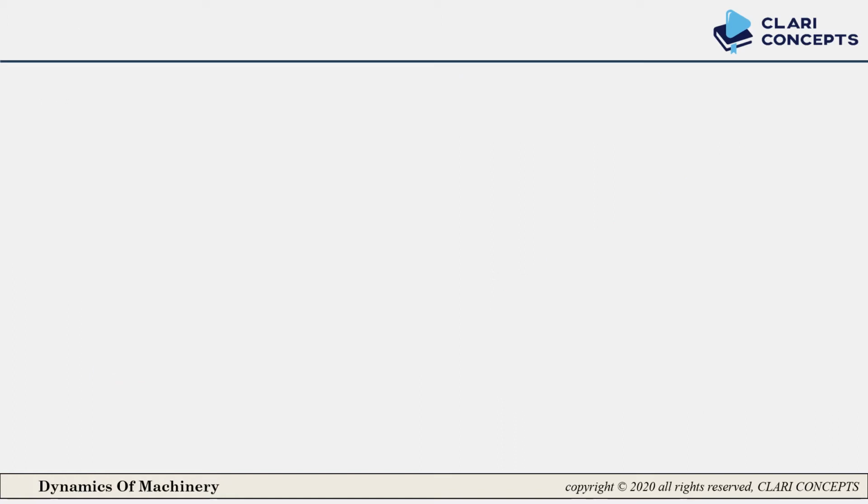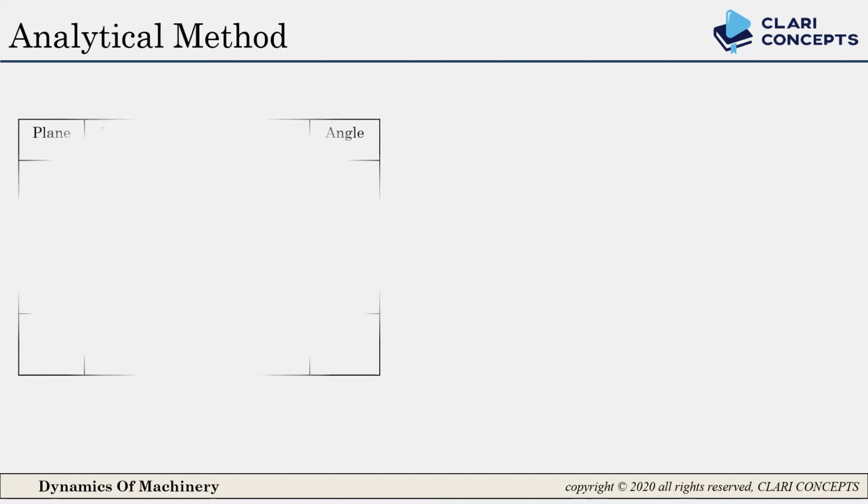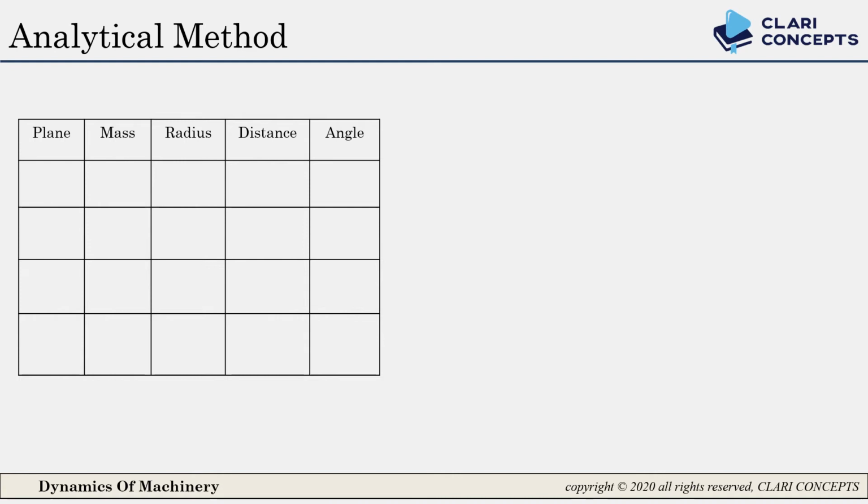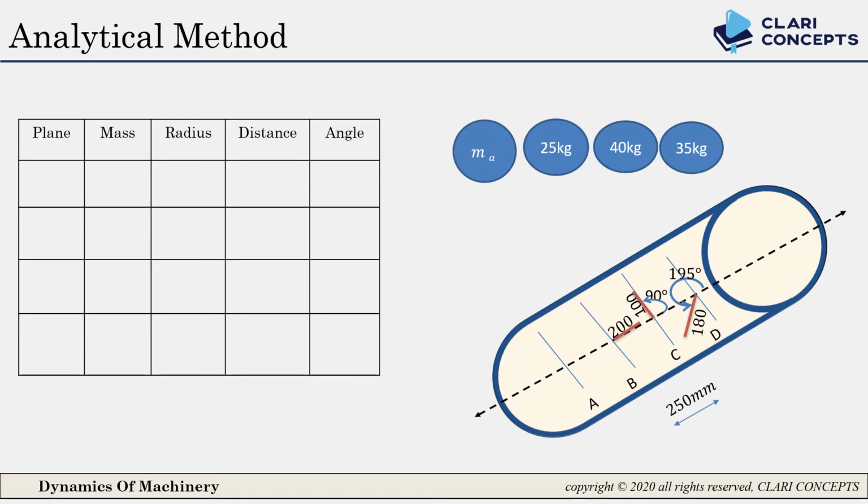Whenever you start any analytical method, you should first draw one table. This table contains plane, mass, radius, distance and angle. And you can see from the diagram, here we have four planes, which are A, B, C and D, with plane A having mass Ma, whose value we don't know, but mass B value is